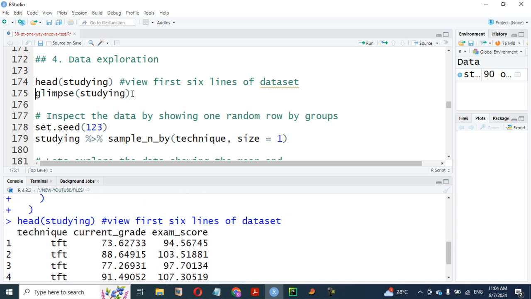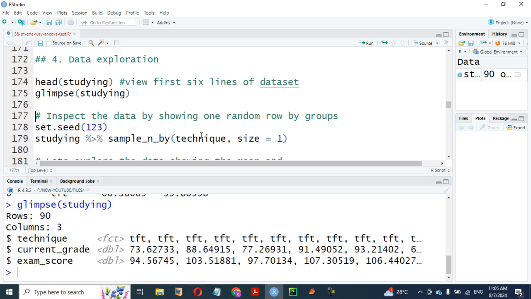You can also glimpse to see. We have 90 rows and 3 columns: technique, TFT, TPT, and the rest of them, current grade, and exam score. Don't forget we have 2 numeric variables and 1 categorical variable. Don't forget for this particular result,